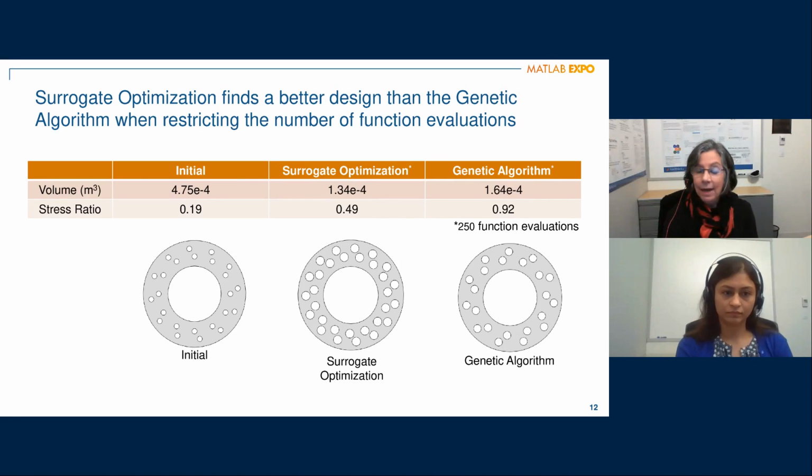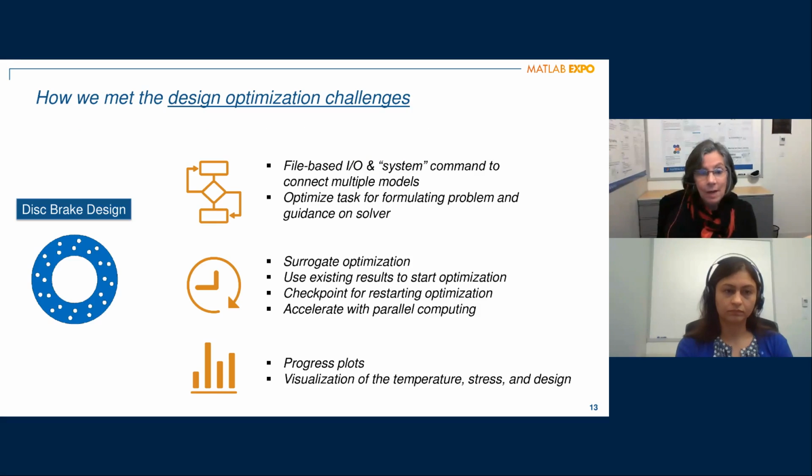And that's what we see again and again, that when there's a really expensive simulation and you have to limit the number of function evaluations, the surrogate optimizer is going to do a lot better than the genetic algorithm. But both are available, depending on your use case. So with this